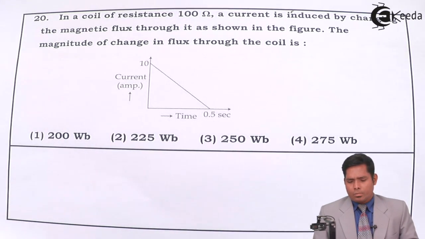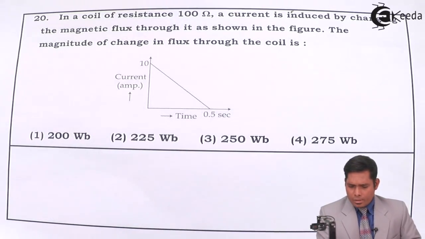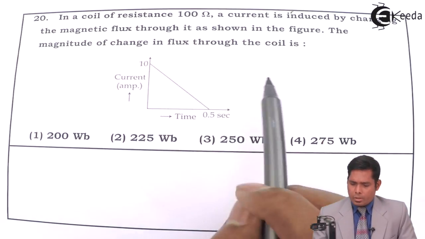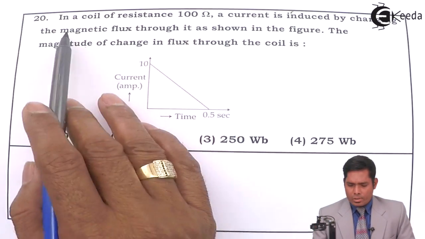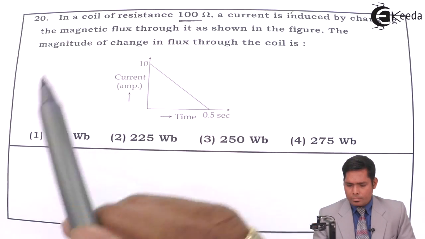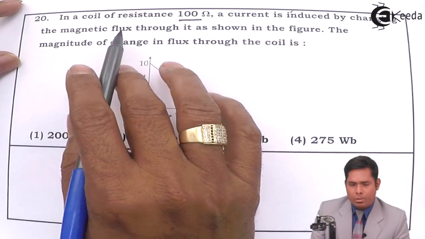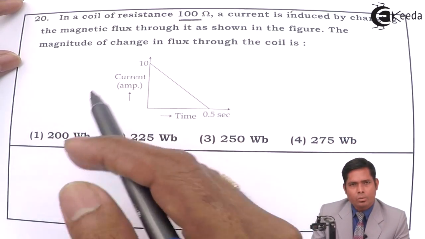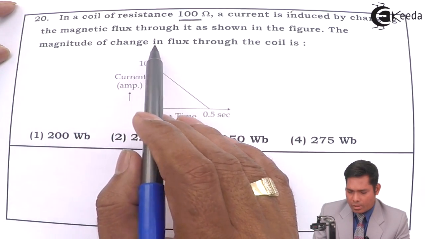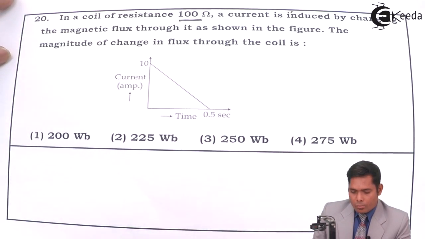Next, let us move to another question. Question number 20. The question says, in a coil of resistance 100 ohm, current is induced by changing the magnetic flux through it. So the resistance is given as 100 ohm, and current is induced by changing the magnetic flux, because only when you change the magnetic flux is current induced, as shown in the figure. The magnitude of change in flux through the coil is... So we are asked to find the